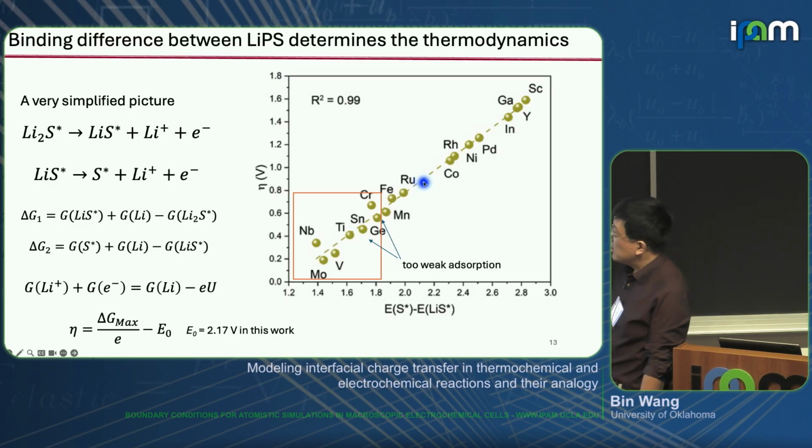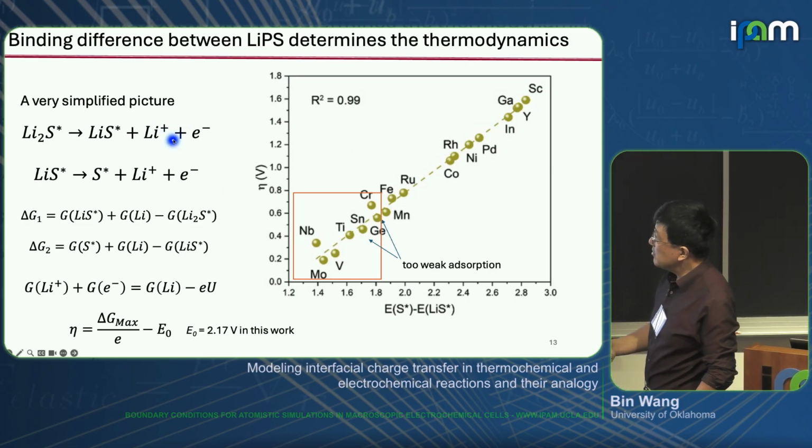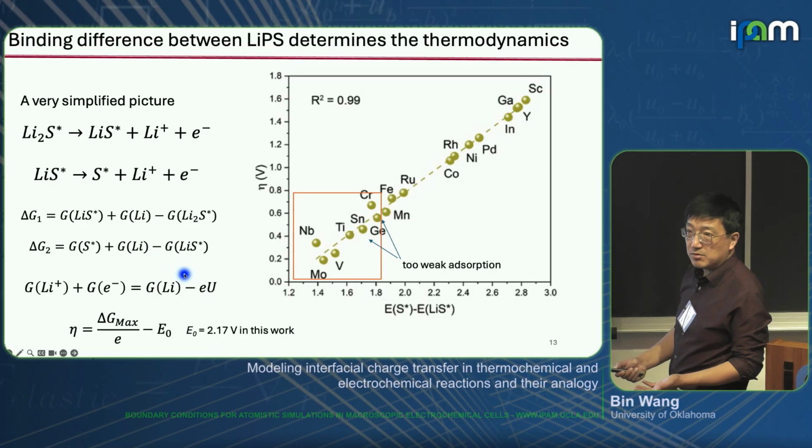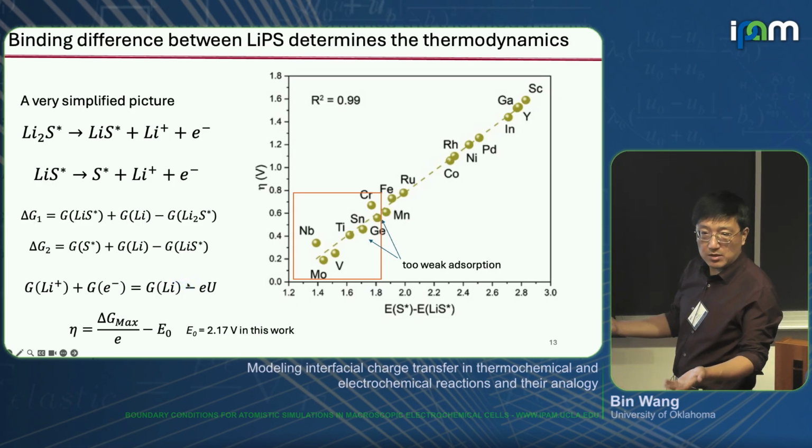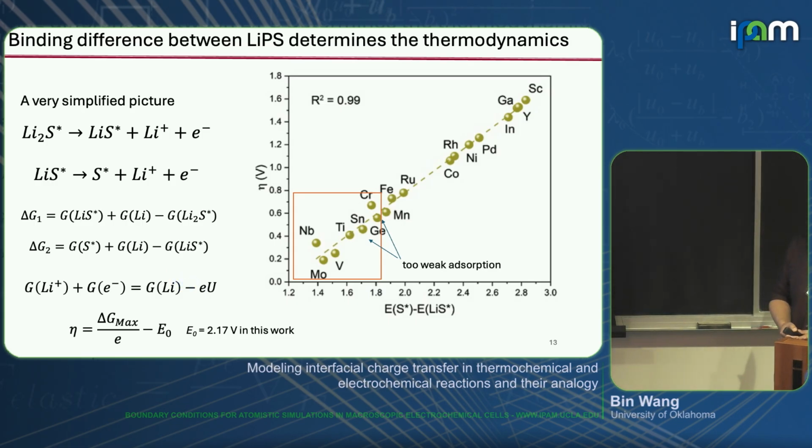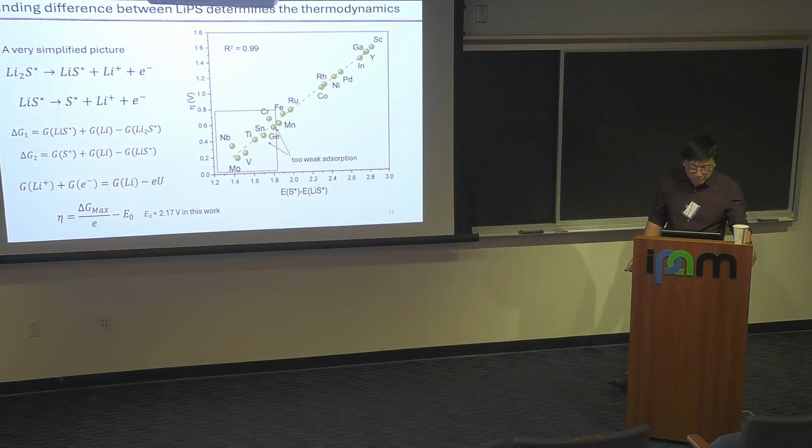I didn't mention that in this case, when we calculate the chemical potential of the lithium plus and electron, we're essentially using just the lithium in the bulk metal. So it's the same analogy as in the CHE, using half H2 to model the hydrogen chemical potential.